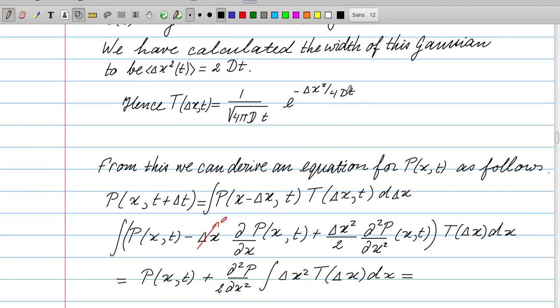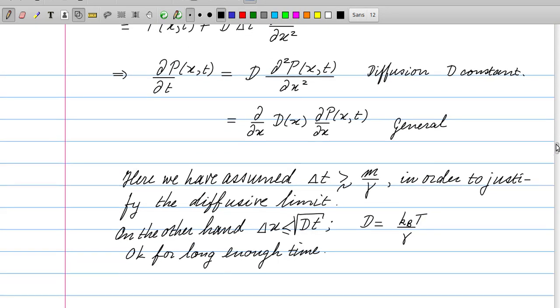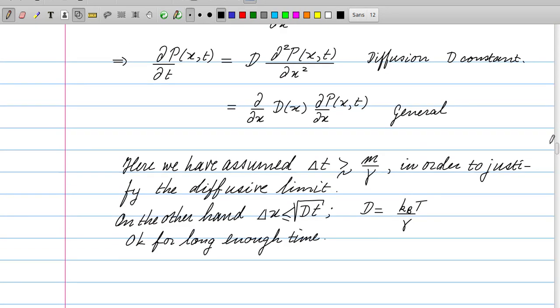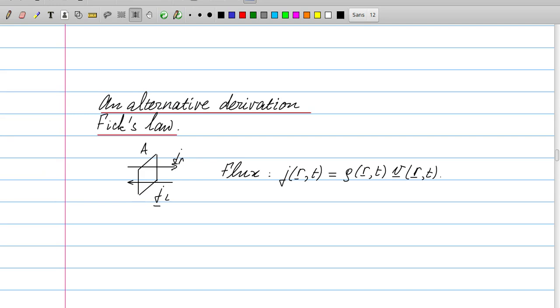Delta x squared should be a lot smaller than dt, and that is justified if the time is long enough. Now we move to an alternative derivation of the diffusion equation, which is via Fick's law. And Fick's law tells us that the flux of particles through some surface area is equal to rho,